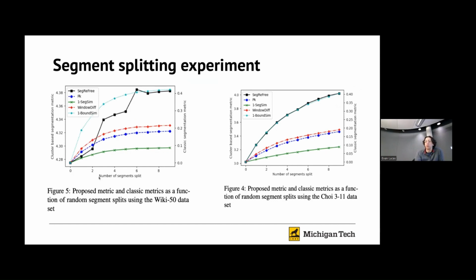The way that I've computed these, which I should mention, is I randomly did this 30 times where I took first one segment and split it, and then I randomly selected another one and split it, and then I averaged those. On the horizontal axis here, you can see number of segments split. I did this experiment in a progressively degraded way where, instead of just one segment, then it was 2, then it was 3, and so on, as a way to show how the behavior of these metrics change with additional